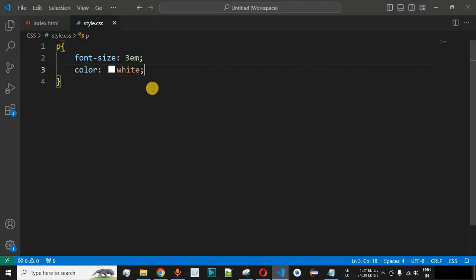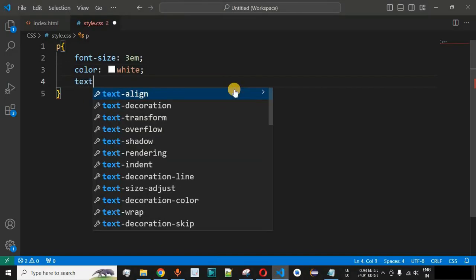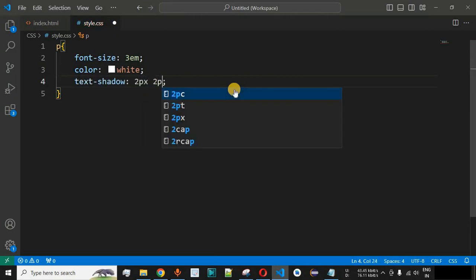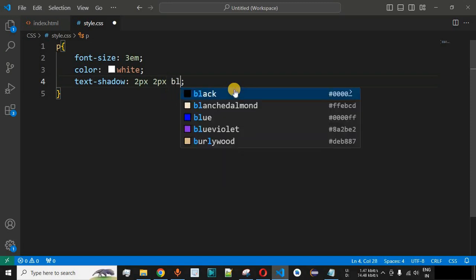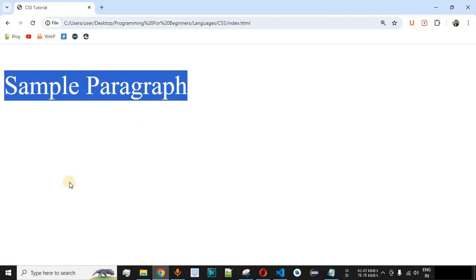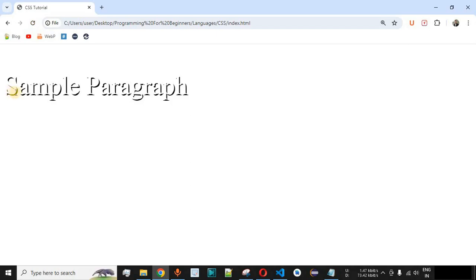Now guys, what we are going to do is we will use the text shadow CSS property. So over here we have the text shadow, and again we are going to use 2 pixels of horizontal and vertical shadow right now. And apart from this, we will set the color of this particular text shadow as black. So let me just save this file now and try reloading this page once again on the browser. Notice that we don't have any text right now, but the moment we reload this page, as you can see, we are getting the black color text shadow, due to which we are able to see the sample paragraph text to some extent. Now guys, how do we improve this?